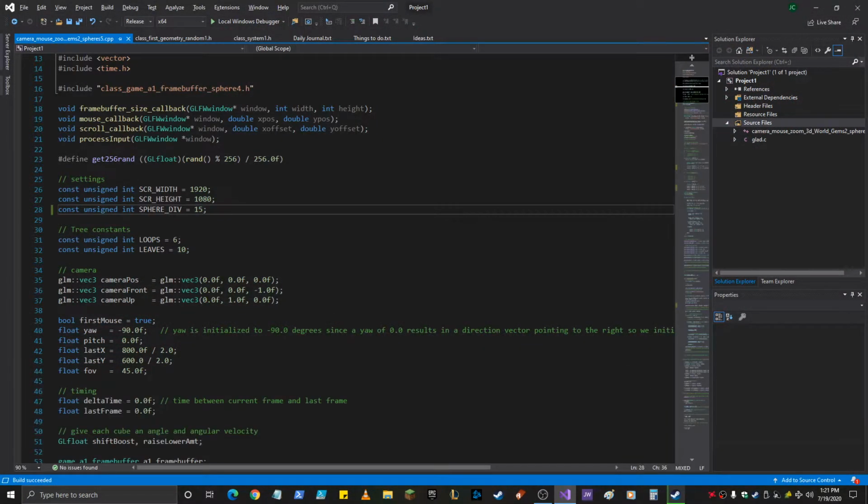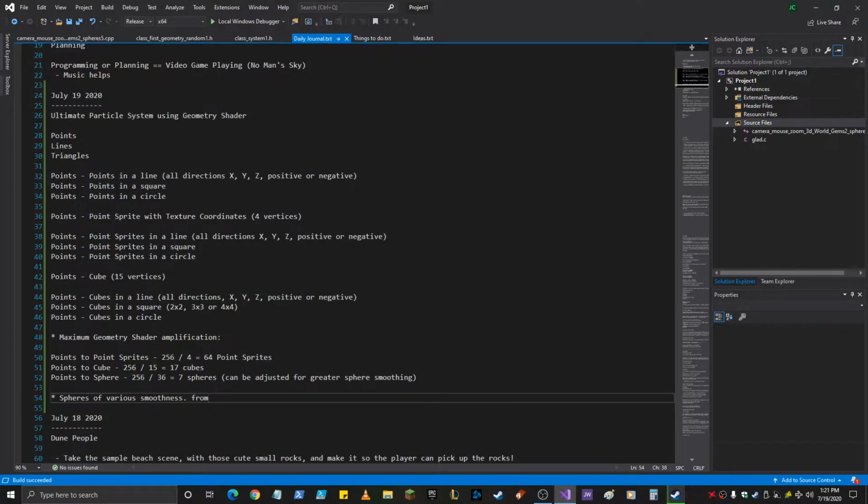So obviously sometimes I'd want to do that and sometimes I don't. But I have some plans for the geometry shader right here, like an ultimate particle system using the geometry shader. So the first thing we're going to do is recognize that we can draw points, lines, and triangles with the geometry shader. Obviously points in a line, all directions, x, y, and z, positive or negative, points in a square,